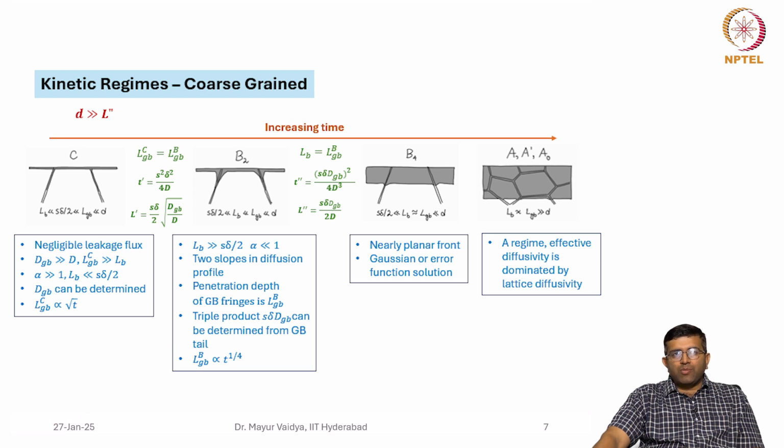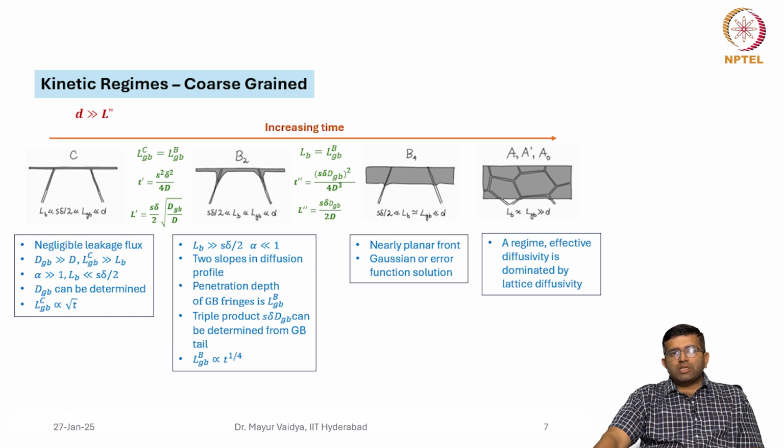At what time this transition happens can be found by equating LGBC equal to LGBB, which will give you the transition time as t dash equal to S square delta square by 4D, and L dash is equal to S delta by 2 root DGB by D. As you increase the time further,